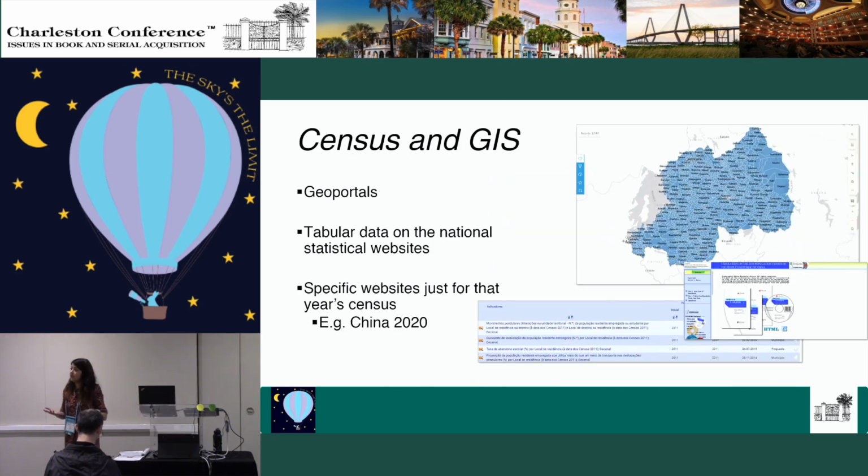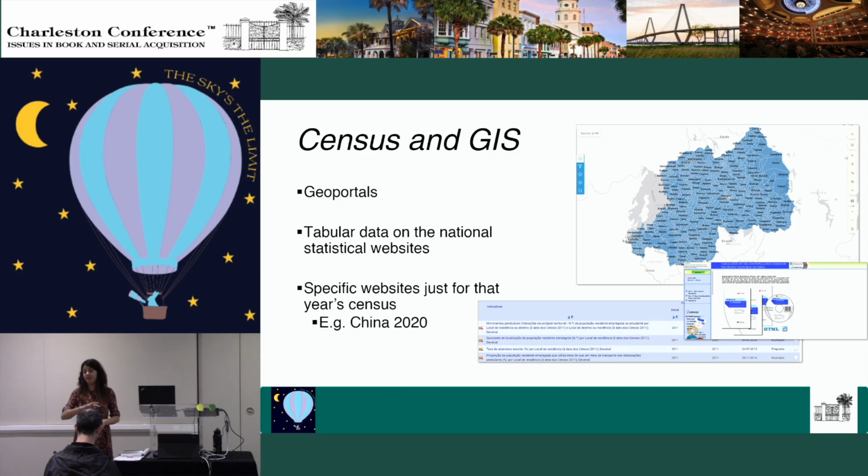One thing that's relatively recent is GIS data, the Geographic Information Systems data that accompanies censuses. And almost all countries use GIS data to delineate the enumeration areas and administrative units. And once they finish, I would say many countries publish this GIS data in geoportals, but sometimes it's not the statistical offices that publish this information. It could be a totally different cartography office of the country.